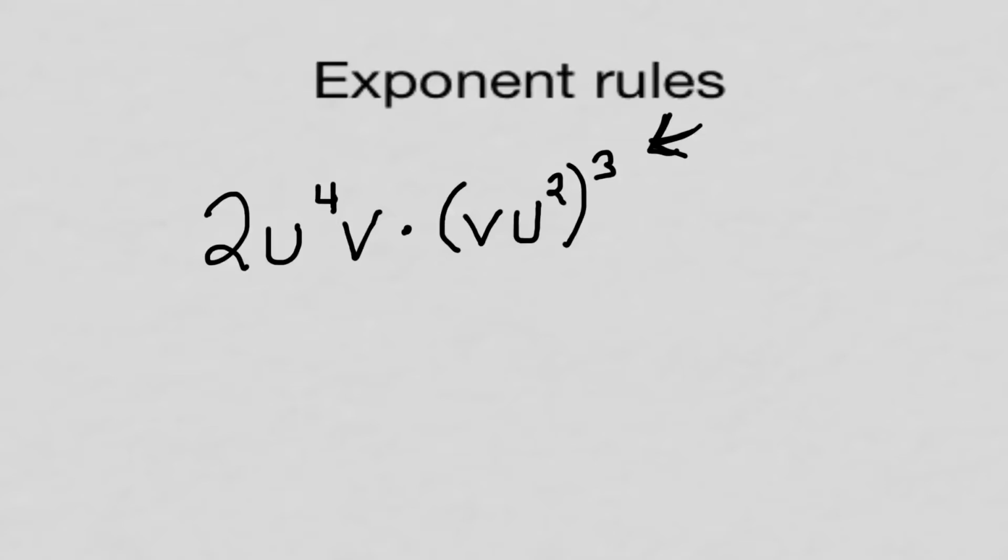So this is the same as being v to the 1st. 3 times 1 makes this v cubed. Okay. I've got u to the 2nd, u squared, cubed. So I multiply those and I get u to the 6th. I just bring all this down